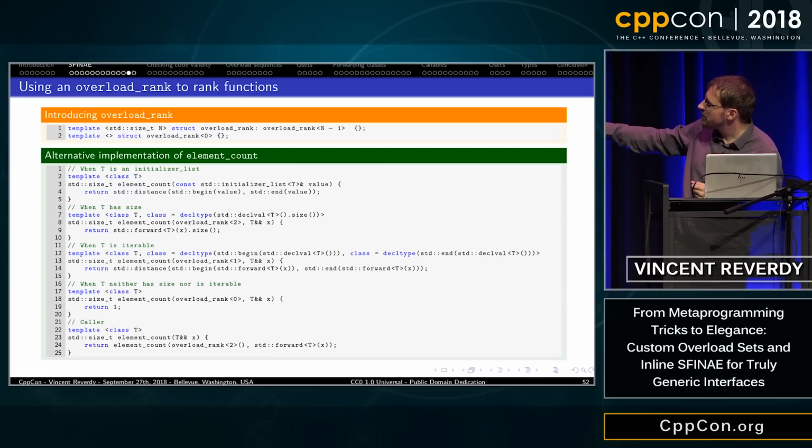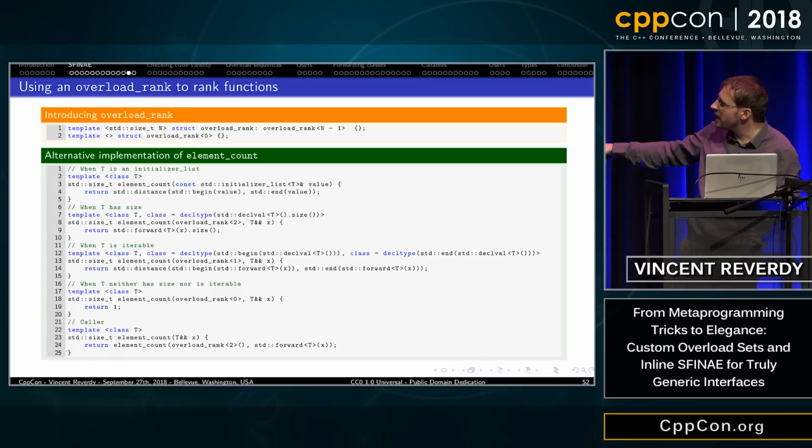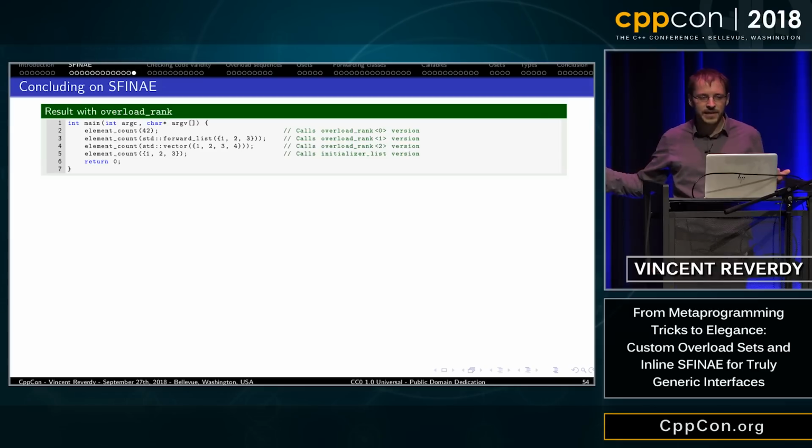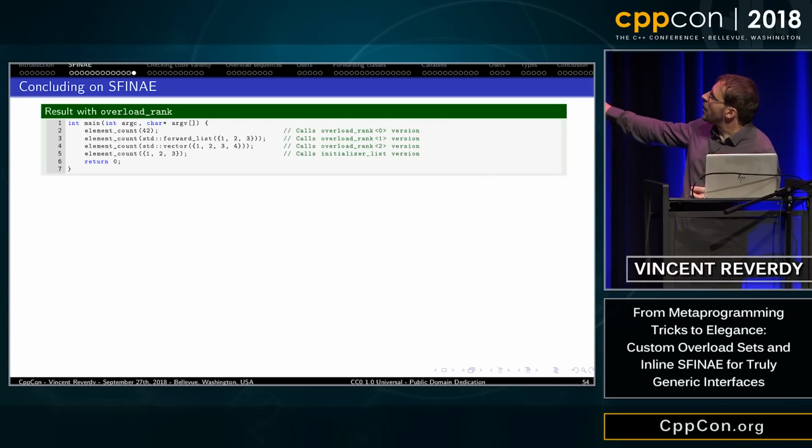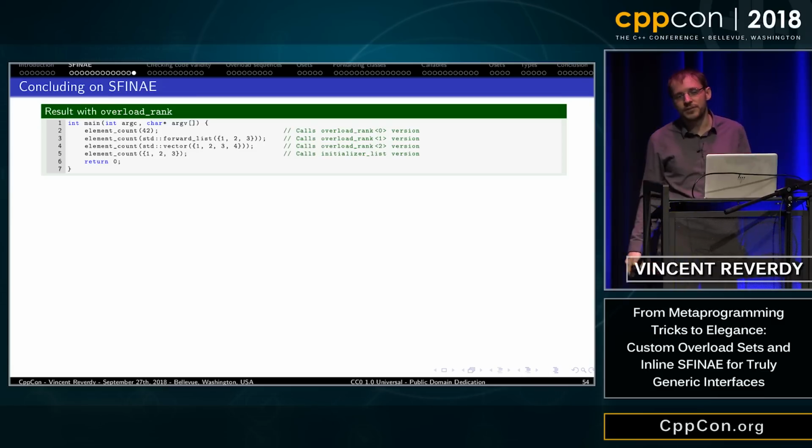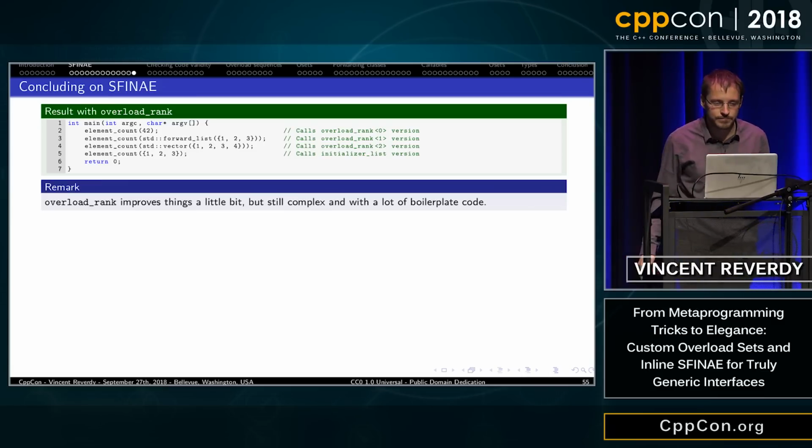And I use this to call the right overload by appending overload rank of 2 at the beginning, so that it will first try the most specialized version. And if I execute it again, the first one will call overload rank 0, second one overload rank 1, and then 2 extra. So it works, but again, that's a lot of code to achieve something pretty simple.